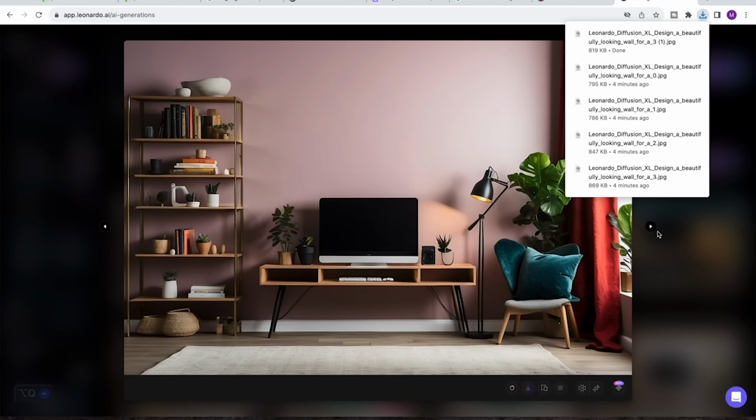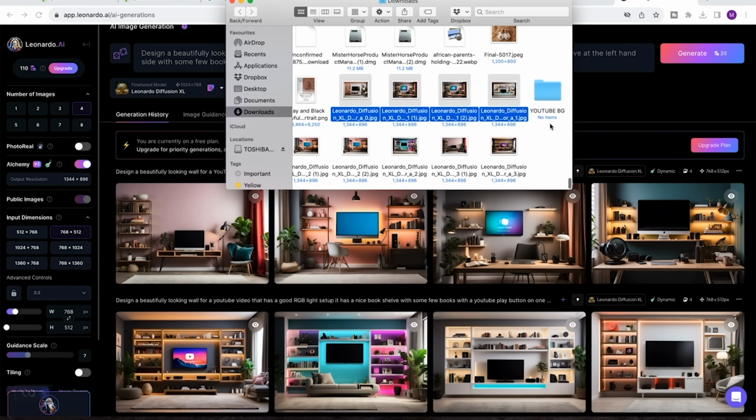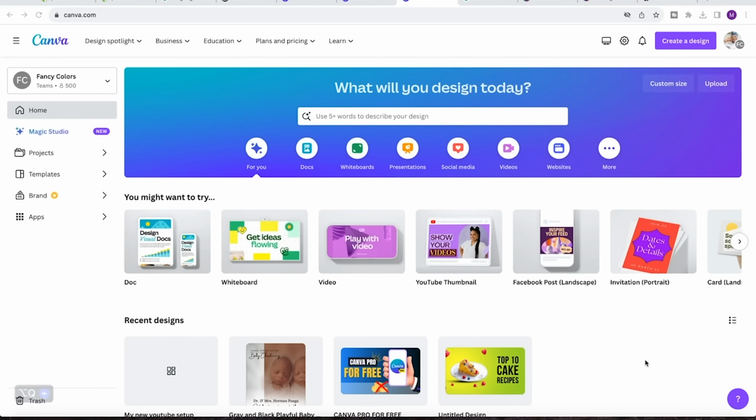Once you finish downloading them, you would want to copy all of them and put them in a place where you can easily have access to them. So I'll just quickly do that, and then we'll move to the next step of this tutorial. After you have finished copying all the generated images to the folder in which you want them to be,